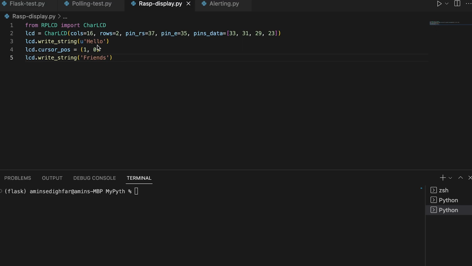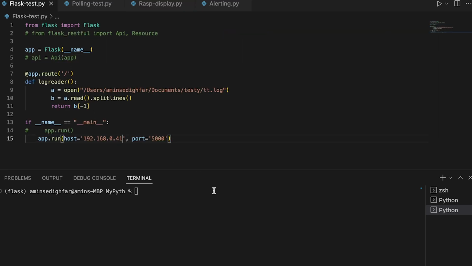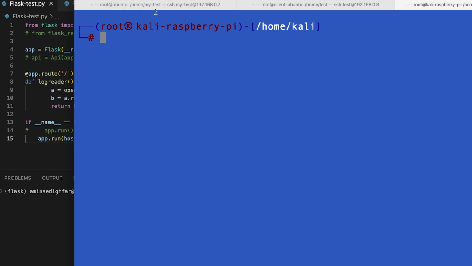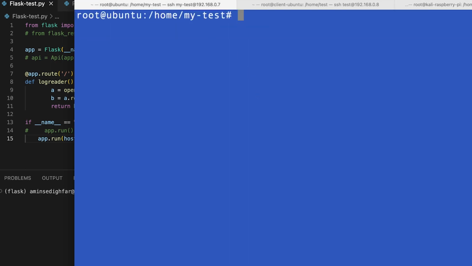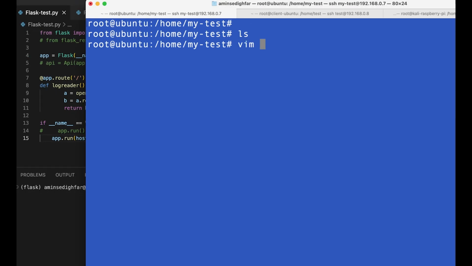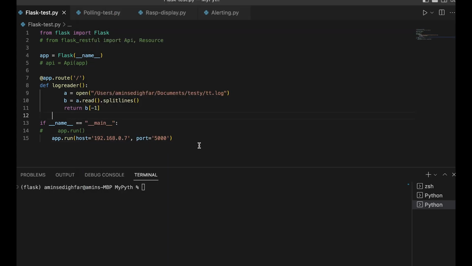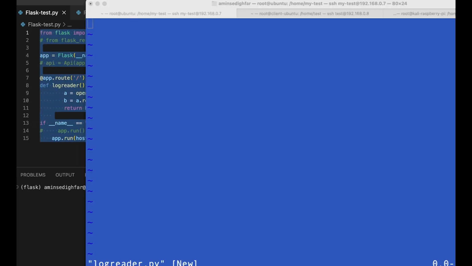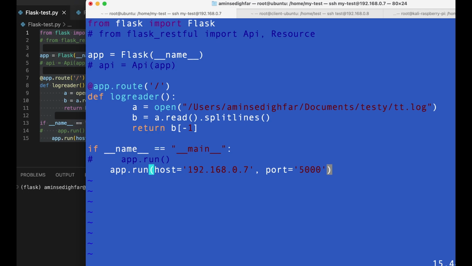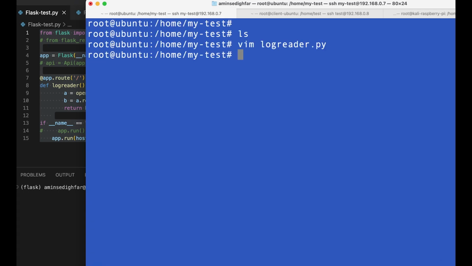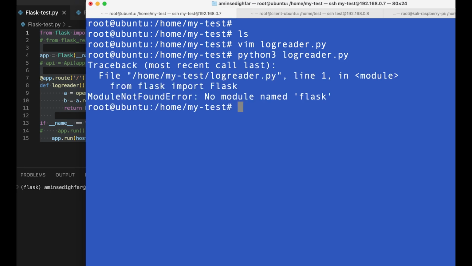So now we have our Flask. This Flask, let me just do some manipulations. It should be on the server, because the server is the one that has the logs. So it is what we're gonna have on the server. If we come here on our server and do ls, we have nothing here. Let's say vim, call it log reader, like that, py. So I open this one, I copy this easily and paste it here, and wq. So I save this one here and do python 3 log reader and